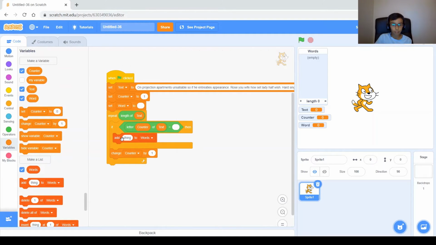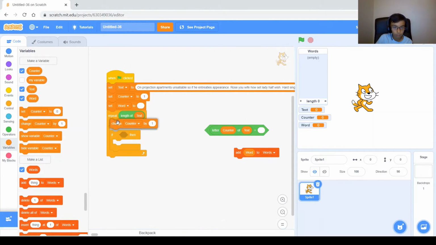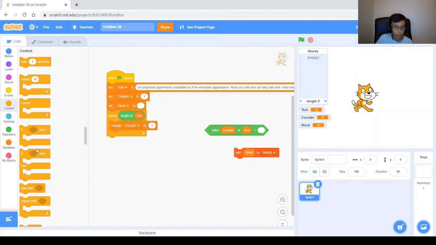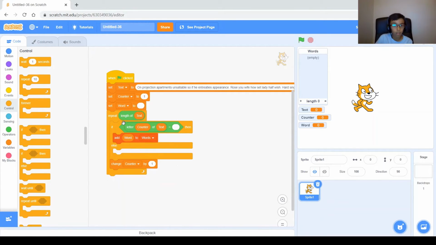And basically here you want to add word to words. And this is where we need an if else instead of just an if, because if it's not a space, then we want to just add the current letter to what was our variable word before. So I'm going to take this right here and this right here. Make this if into an if else. Okay, so if this, then add word to words. Else, we're going to